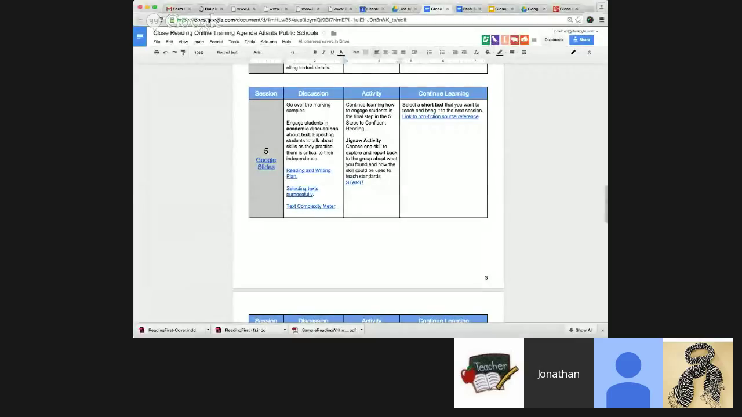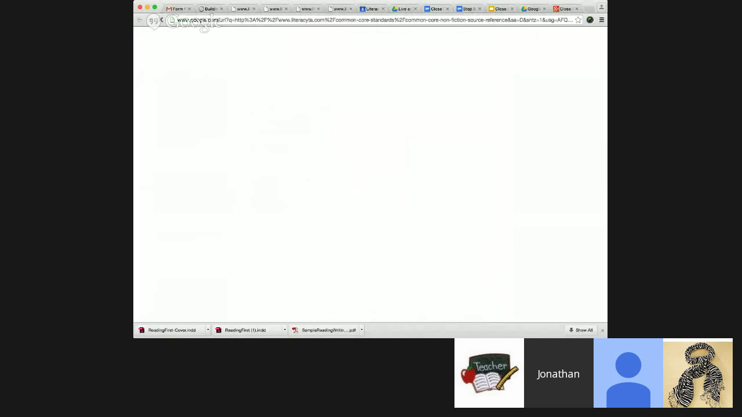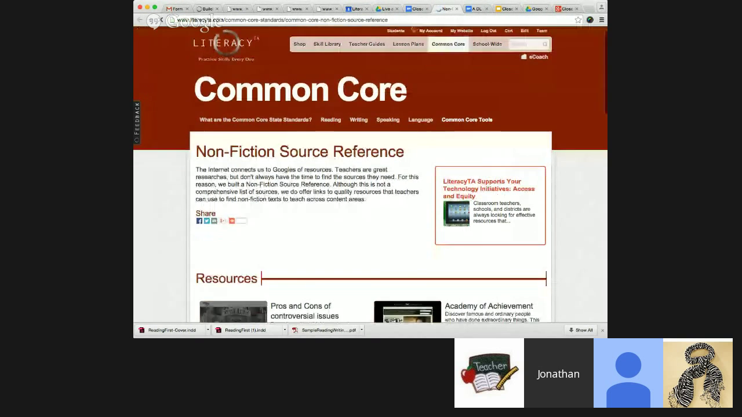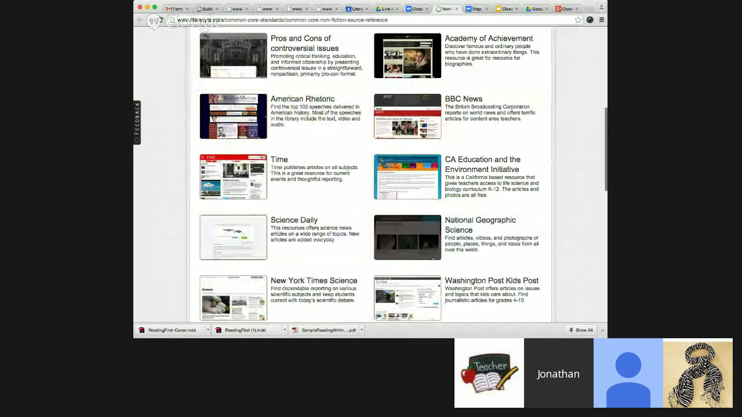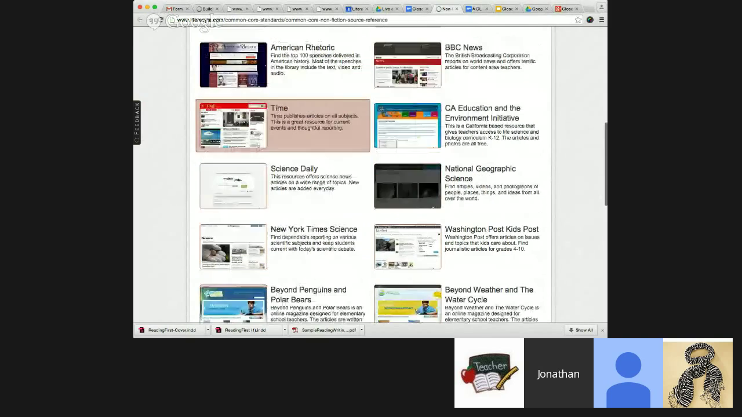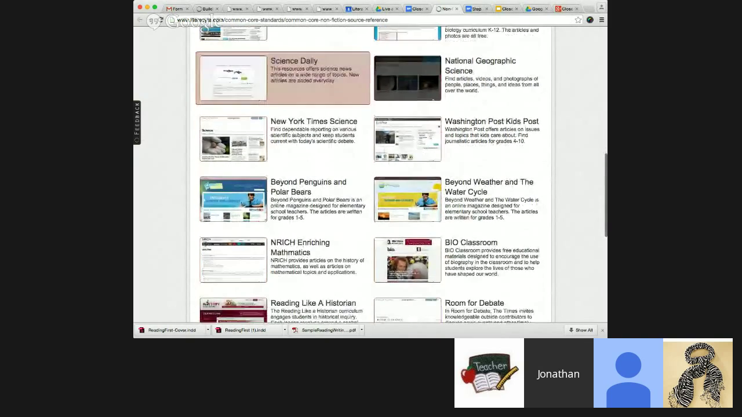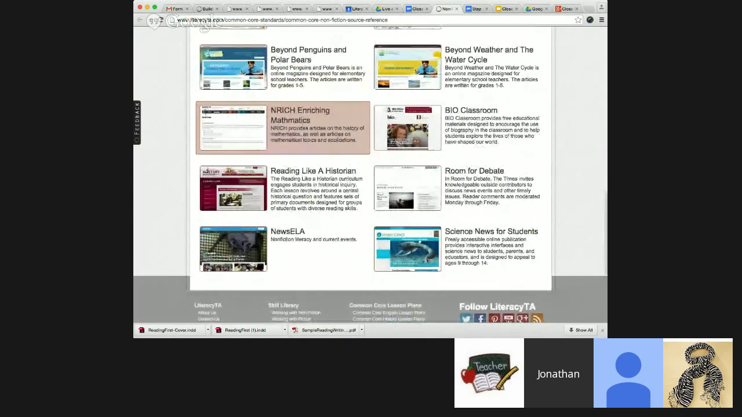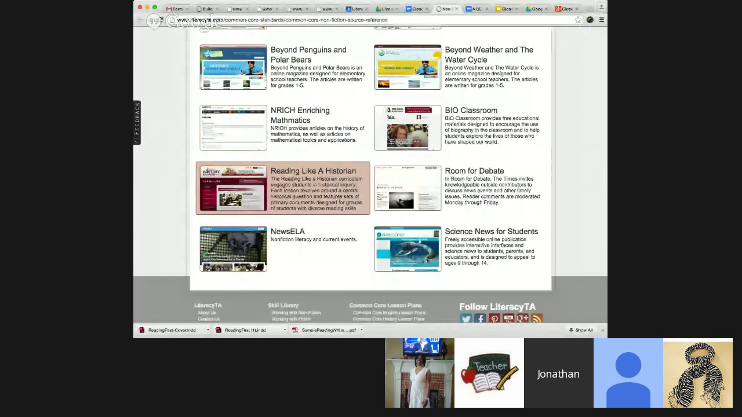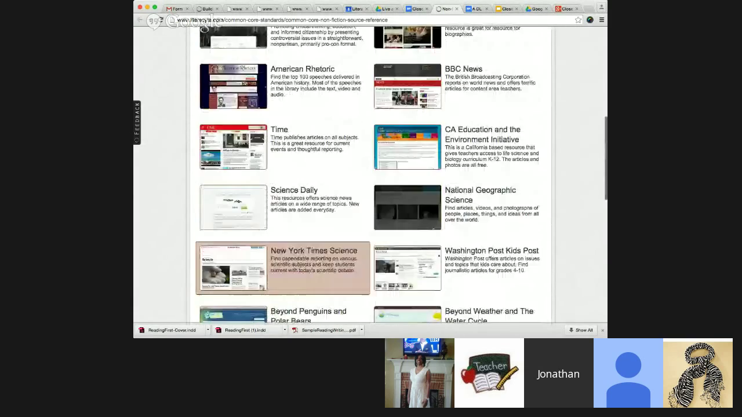All right, so click on the link to nonfiction source reference, and you can see all these wonderful resources that you can go to. And you can read, we've given you a little description of each one. You can read what they offer. We have them for science, we have them for history, we have them for English classes, we have them for elementary school, we have them for high school. We have resources that are leveled down by Lexile. We have the top 100